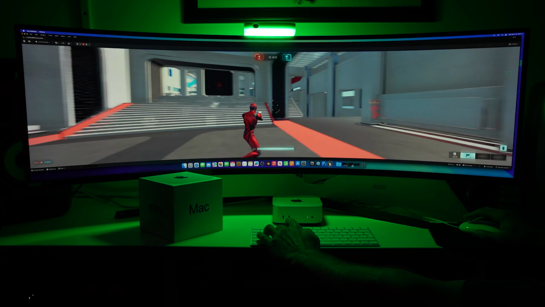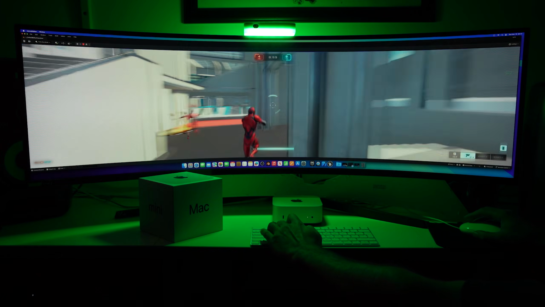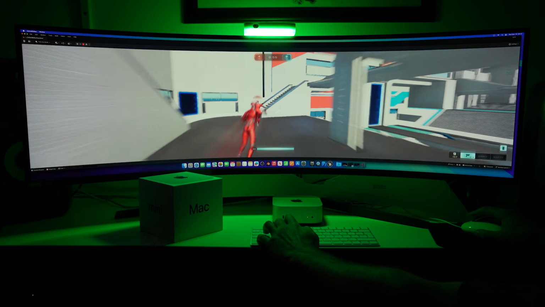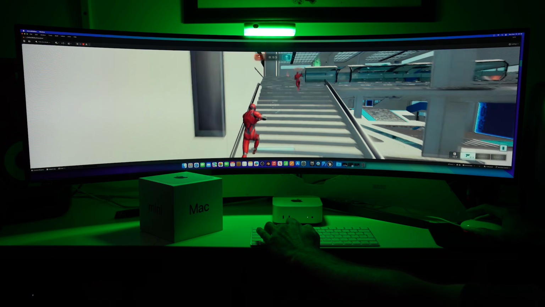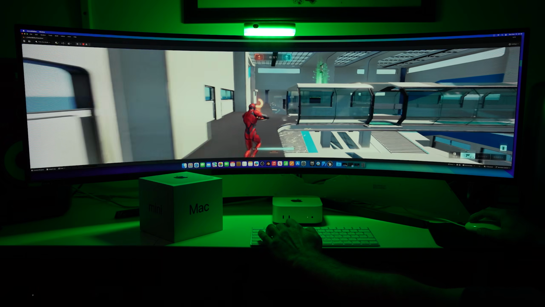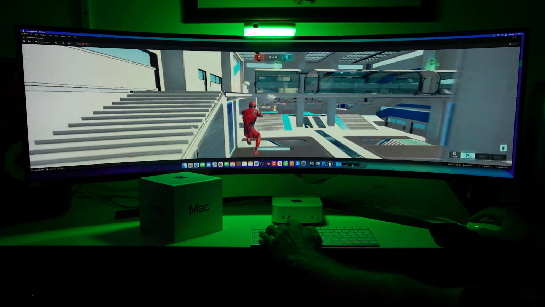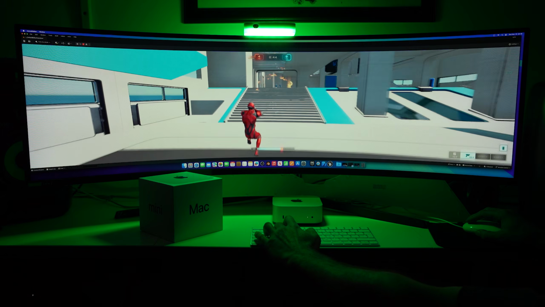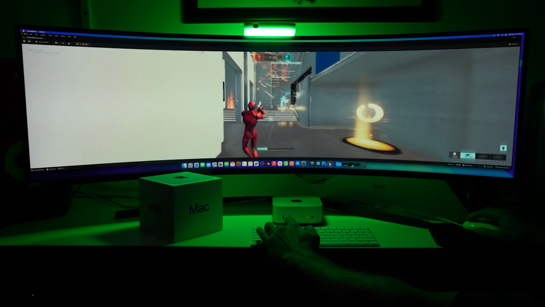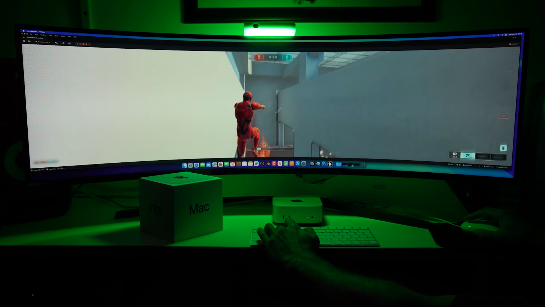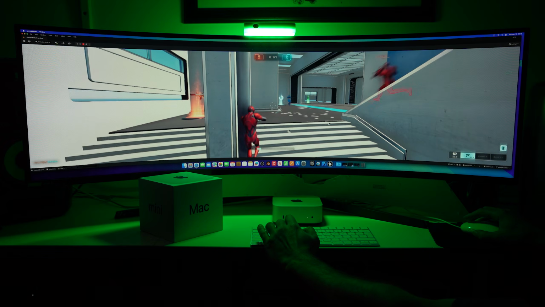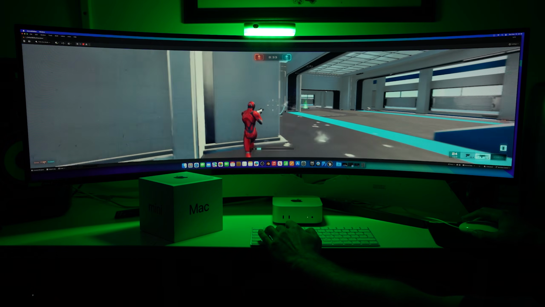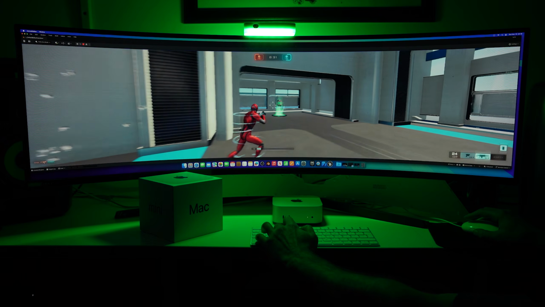Okay, so let's do some showing off. This is Lyra running at a massive resolution of 5440 by 1440. And the engine scalability has been dropped quite heavily on this one to medium. But it's playable. I would never have imagined I'd be sitting with a 500-pound Mac on a 49-inch ultra-wide screen gaming